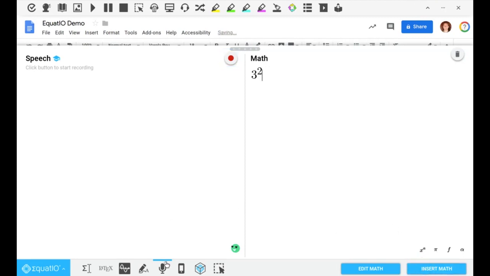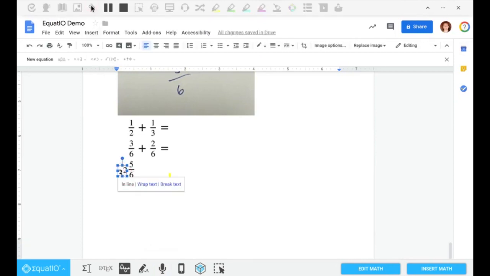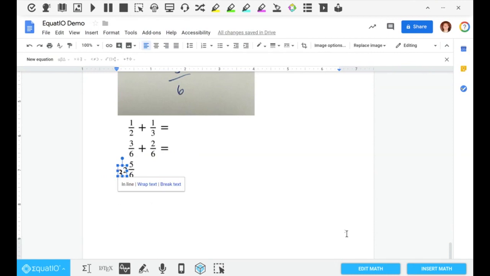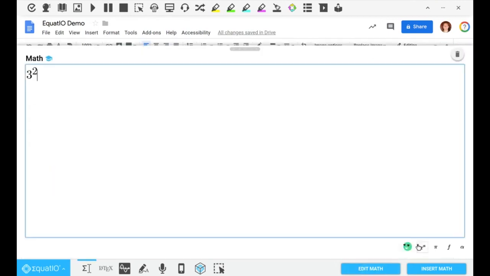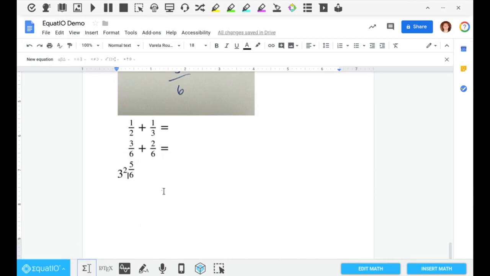She could insert that, and then from there, she can have it be read back to her to help cement what that looks like. What is that math read as? So any of these notational components makes it easy for them to understand what that component is. So that's a really great way for them to be able to take something that's physical and then make it digital, and then have the benefit of technology where it's editable, it's accessible, and they can provide that opportunity. So all of those different input methods make it really easy to use.